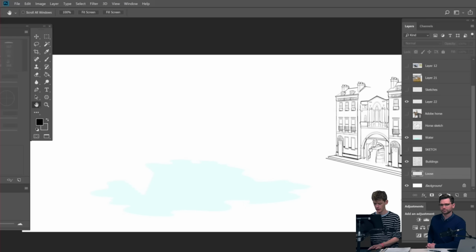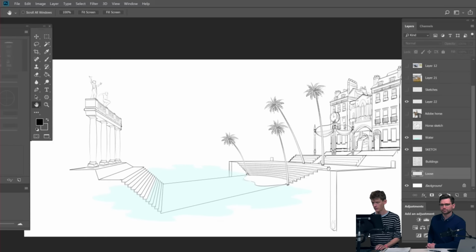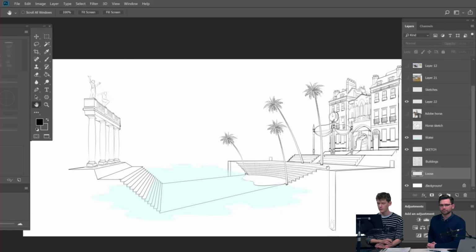So working up a couple of little buildings here, until I get to something that I'm a bit more happy with. When I'm making a big composition like this, I like to think of it almost like a set for a play, where you're just laying down the context for something to happen. Once I've made the space, I can enjoy filling it with narrative elements and characters and things like that. And I just really enjoy that process of building on that pre-existing set that I've made in a way. That's really cool.